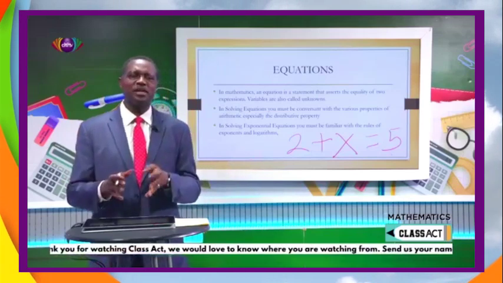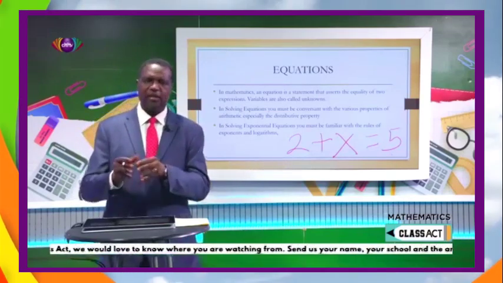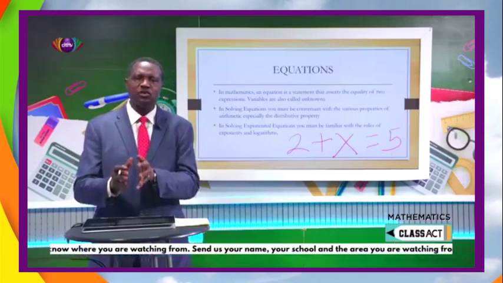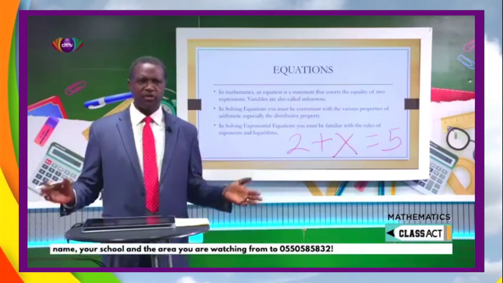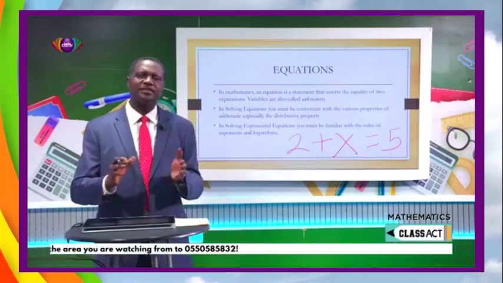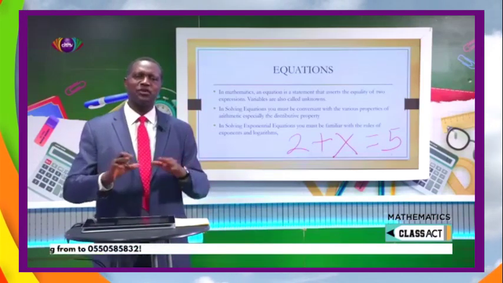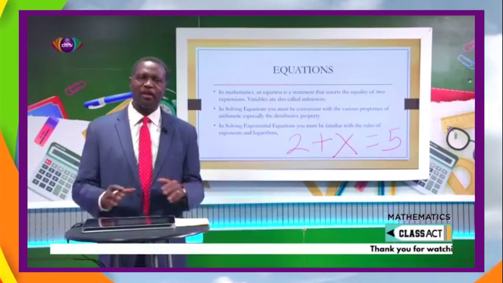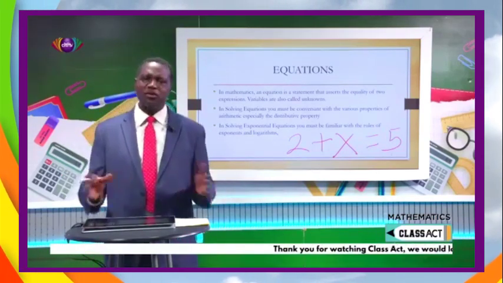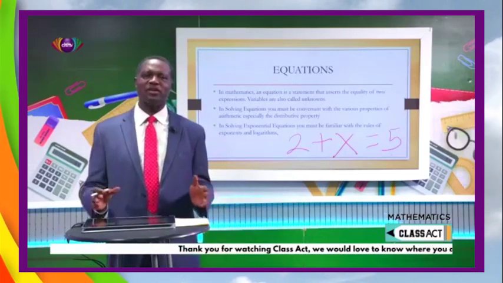It is not difficult. X is simply representing the box that you used to have when you were in primary 1 and primary 2. So you see, algebra is not that complicated. It's not that difficult. You've been doing algebra since primary 1, or for some of you even since KG. You were doing algebra. But the teacher never called it algebra.